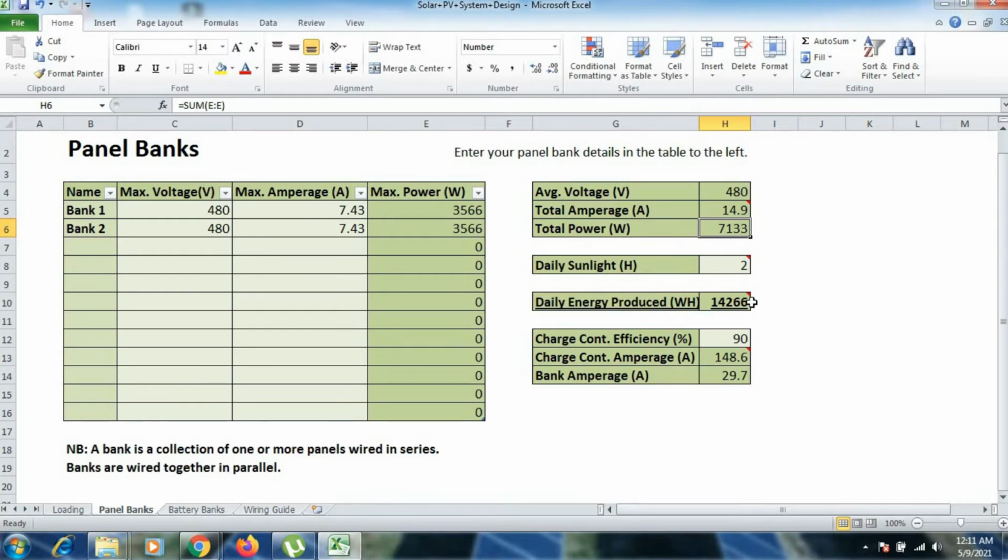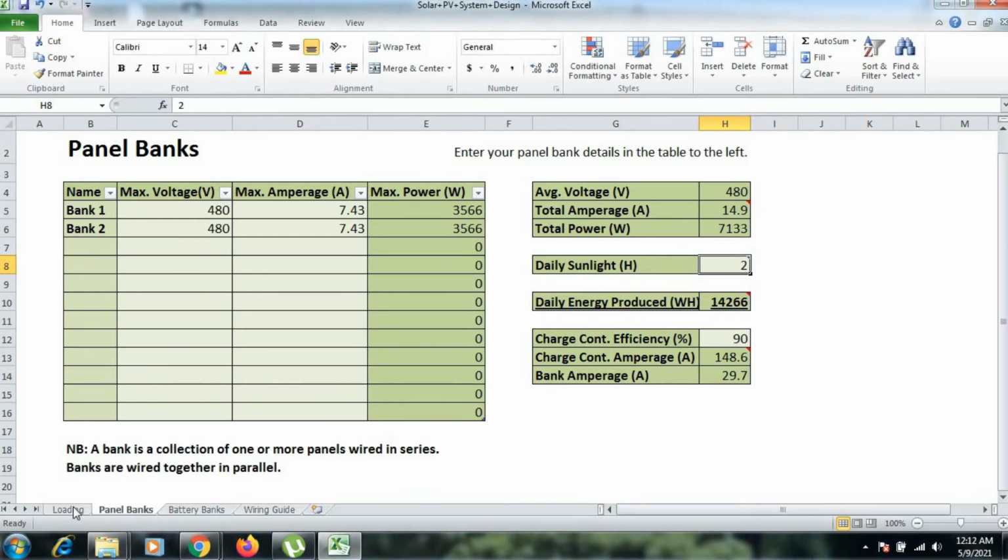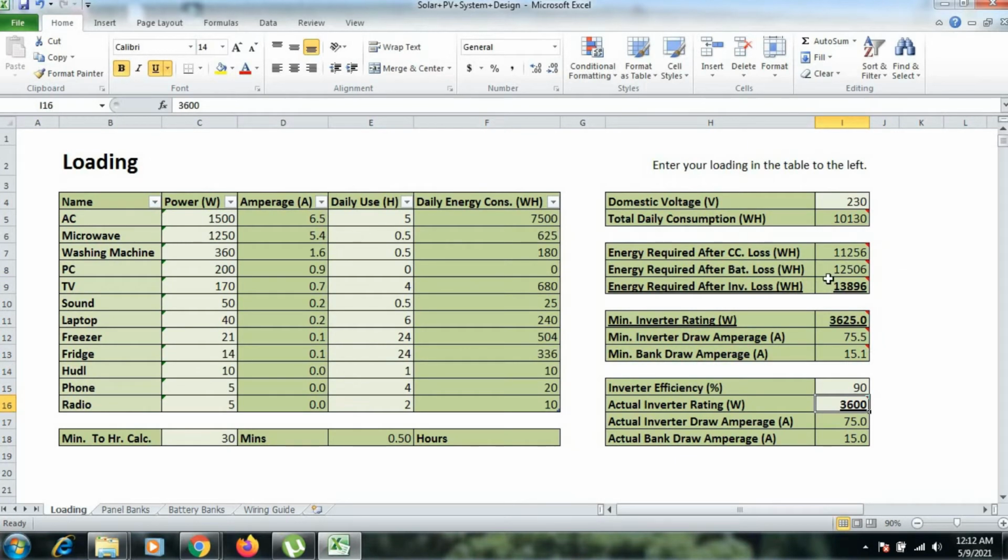Our daily average sunlight time is 2 hours. So multiplying this watt with 2 hours, we get 14,266 watt hour, which is satisfying our requirement of 13,896 watt hour.